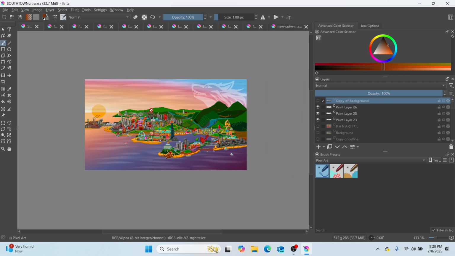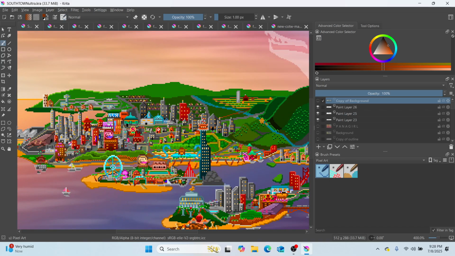I'm on my computer drawing digital art every day, and it's such a good